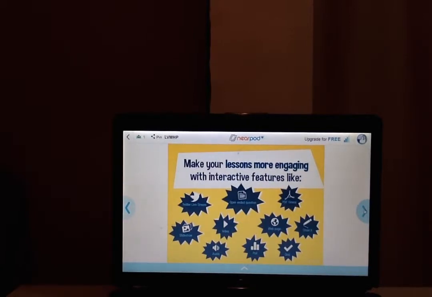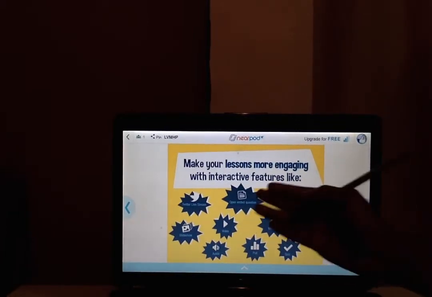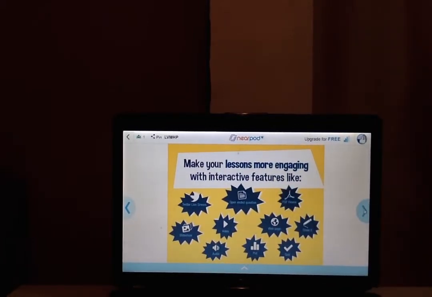Nearpod makes your lessons more engaging. There are many other interactive features such as PDF viewer, web page, Twitter live stream, open-ended question possibilities, also audio, polls, and quizzes. With quizzes, you can create open-ended questions, you can create multiple choice questions and true and false questions. There's also the draw feature, which is excellent to be used in science, math, social studies class, also in